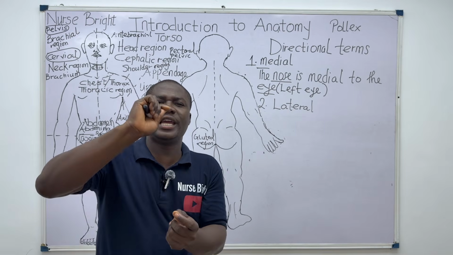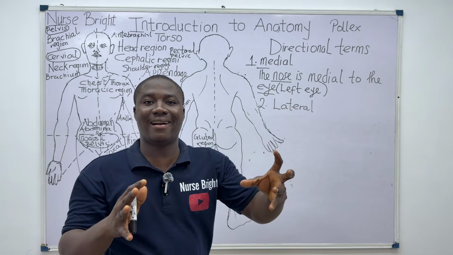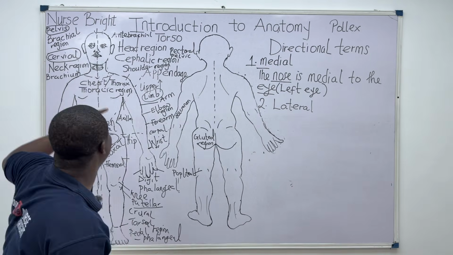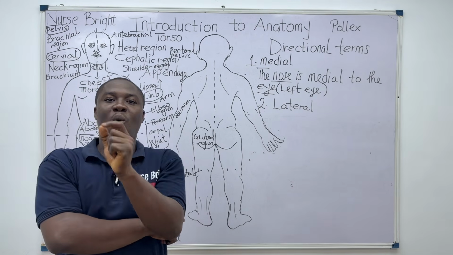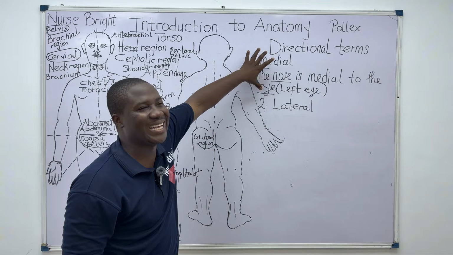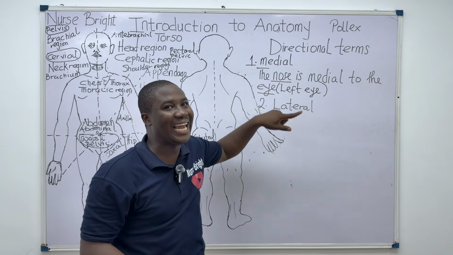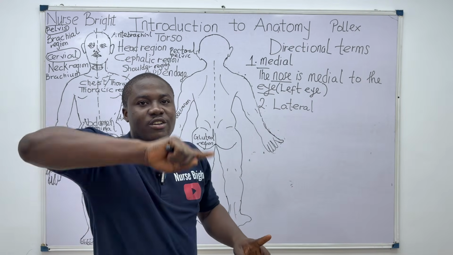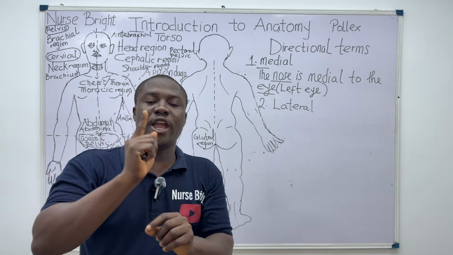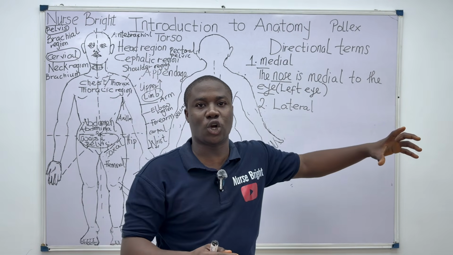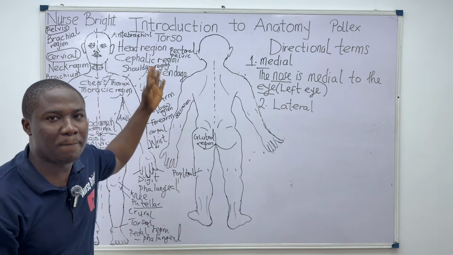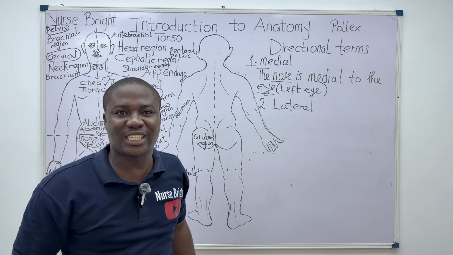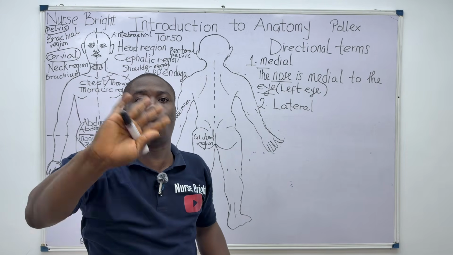A structure in the body is said to be lateral to another structure if it is farther away from the median plane. Wow, so what I just said is like the opposite of what I said before, because for a structure to be medial, it is closer or at the midpoint of the body in relation to another structure. But for a structure to be lateral to another structure, it must be farther away from the median plane. Relax. I want to relate two structures of the body using the directional term lateral, and you see how it works. It is not hard.